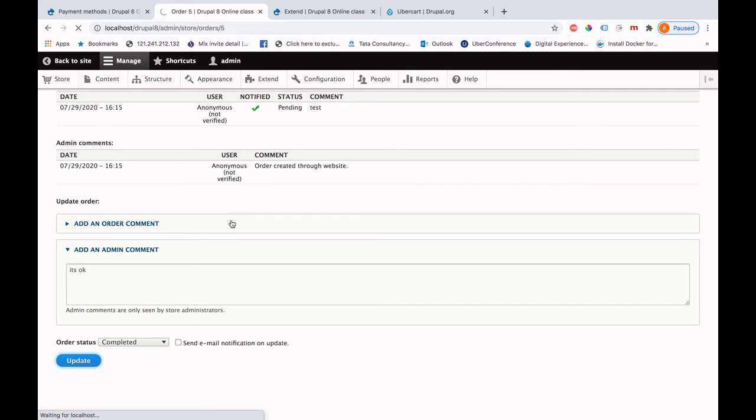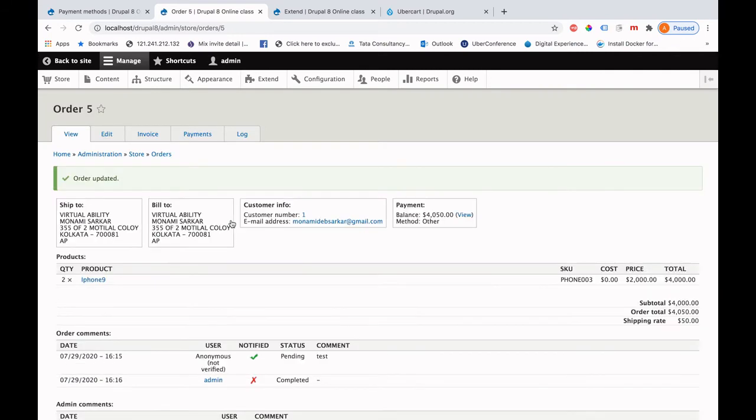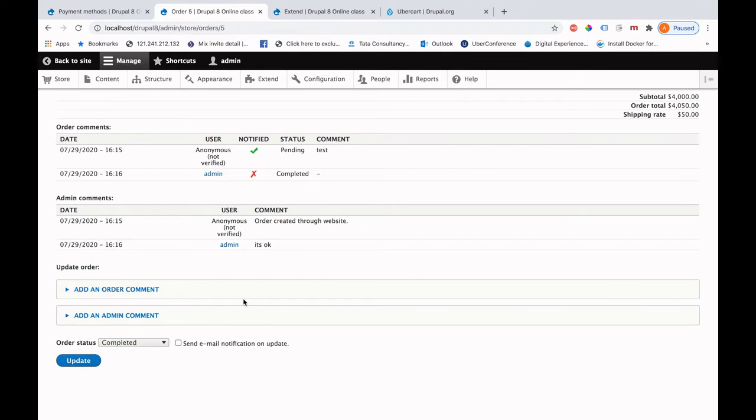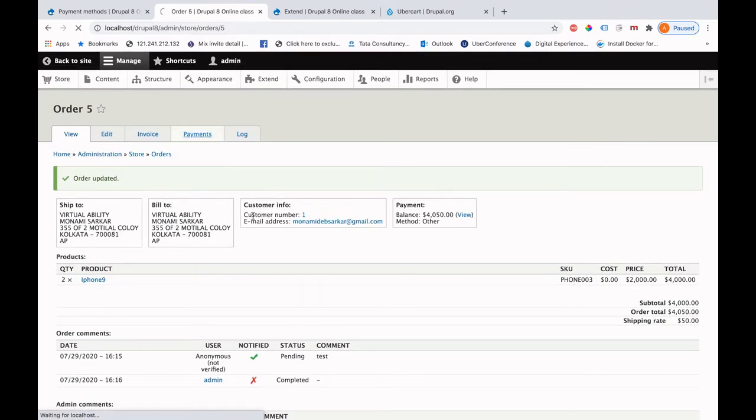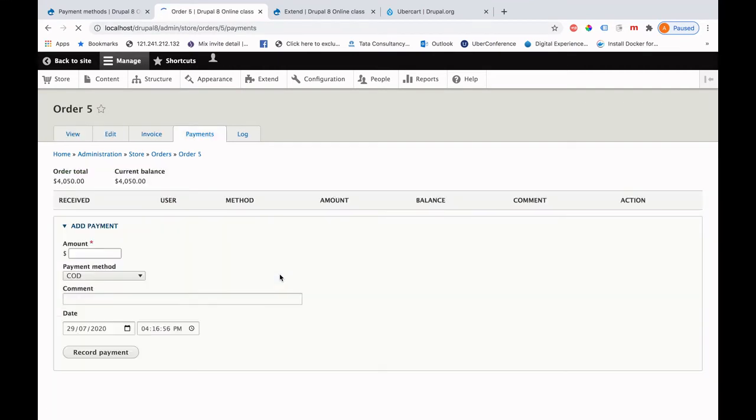So since this is cash on delivery, there is no way to know if the payment is done. So once your payment is done, then you can update that from here. But for any payments which are done online through credit card or in some other payment gateway, it will automatically show here completed. Okay, so if you click on payments, you can see the list of amounts which are being credited here. So right now it's showing here what is the total amount of business you did,